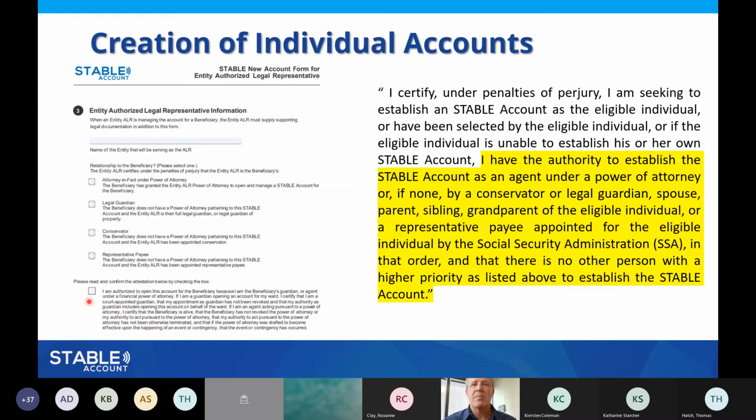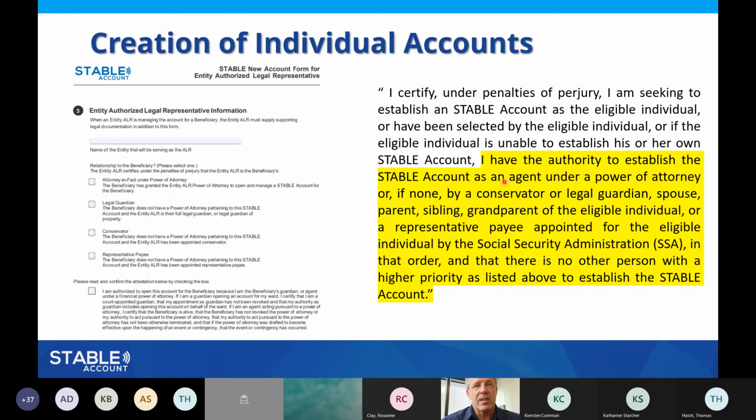I tell you that because that is how the law is written, and it's something that we need you to understand. And I also needed you to understand that currently, if you were to go out and use this form right now, as it exists on the website, this additional language is not there yet. Again, it will be probably within about a month or month and a half. I would say that if you still want to use the existing application form and then designate yourself, whether it's power of attorney, guardian, conservator, or representative payee, you can still use this, even though this attestation box doesn't have this new language in it.